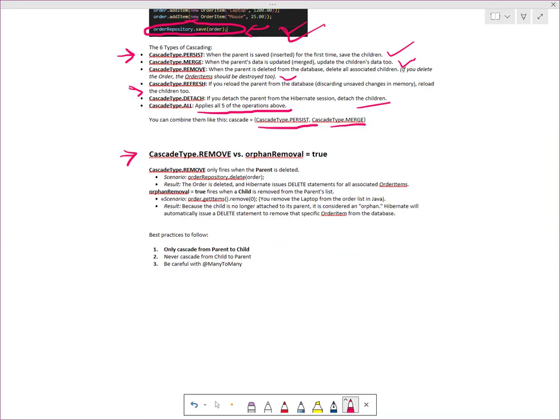The first thing is that CascadeType.REMOVE only fires when the parent is deleted. When the parent is deleted from the database, it deletes all the associated children. So in a scenario like orderRepository.delete(order), the order is deleted and Hibernate issues delete statements for all associated order items, meaning its children. And orphanRemoval true